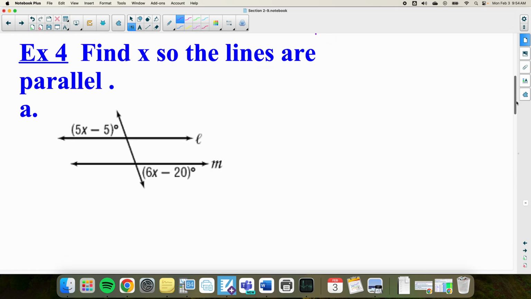So let's look at these. We wanna solve for X. What kind are they? Alternate exterior. With alternate exterior, do we set them equal or add them? Set them equal. So we're gonna go 5x minus 5 equals 6x minus 20, and then we're gonna go ahead